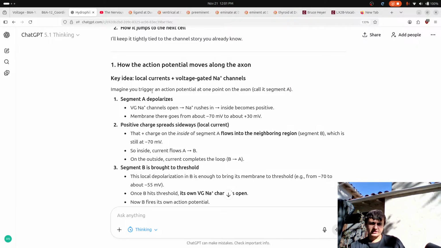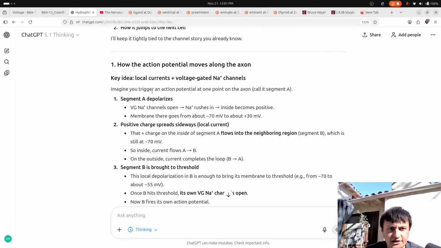Okay, imagine you trigger an action potential at one point in the axon. Voltage gated sodium channels open. Sodium rushes in. Inside becomes positive. Membrane there goes from about minus 70 to plus 30 millivolts. Positive charge spreads sideways, local current. That plus charge on the inside of the segment A flows to the neighboring region B, which is still at minus 70. So inside,